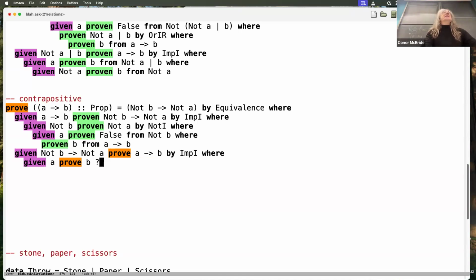So the problem here is that I've got no B's on the right of an arrow or anything like that. There's nothing I can shove stuff into and get a B out. Which means I'm going to have to do some magic. Not B doesn't count. Well, not B is how we're going to win, but the trouble is that it's negative information about B. So there's nothing that will actually spit out a B. So we have to arrange not to need a B.